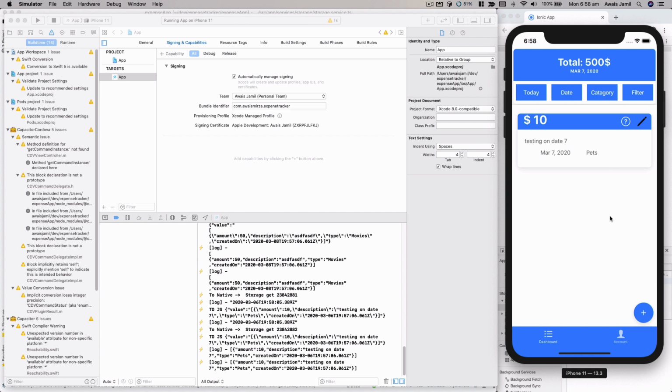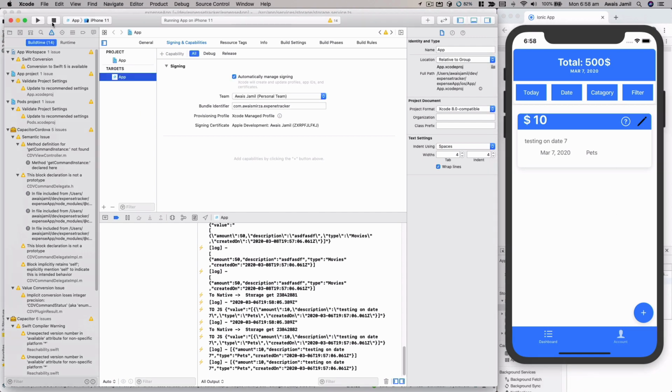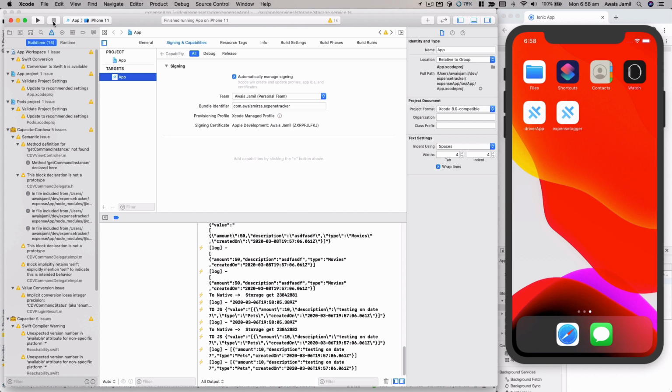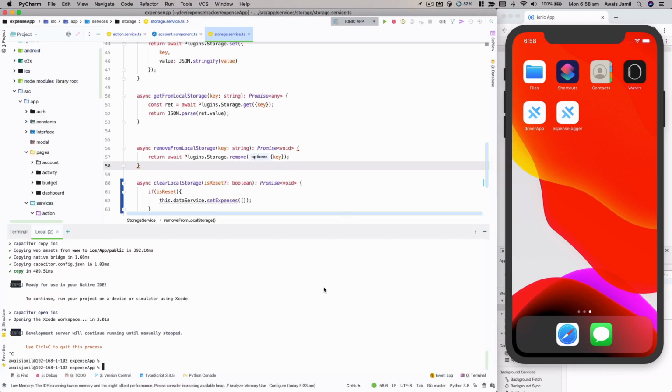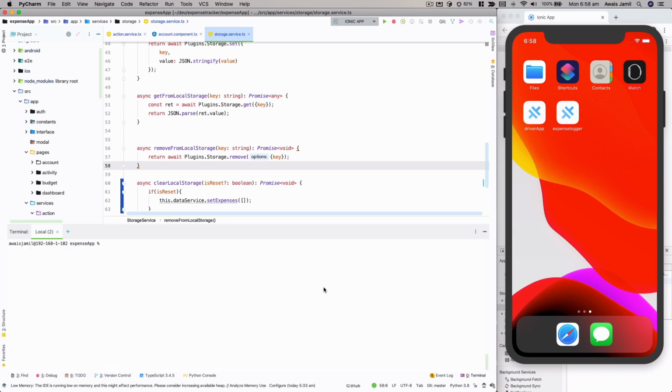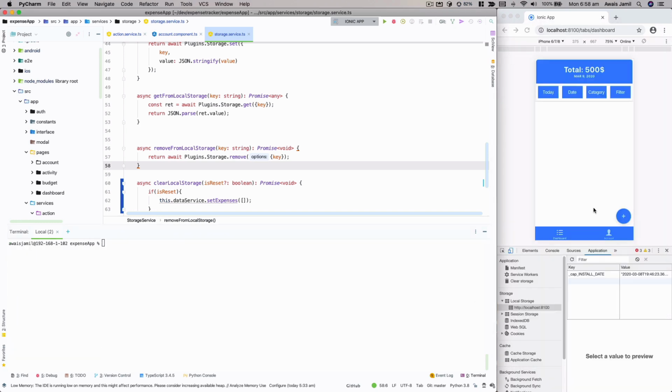Now it's time for us to test this application in Android. So I'm going to click on this rectangle kind of icon, and it's going to stop my application. Let's close Xcode, and now I'm going to stop this server, and here we got another iPhone 11 running. I'm going to use ionic capacitor run Android, and now what it's going to do, it's going to build my application, and it's going to look